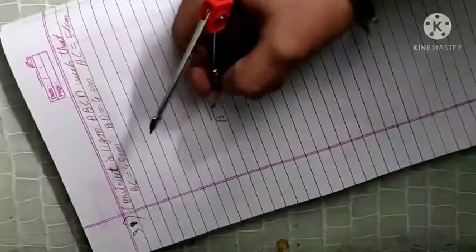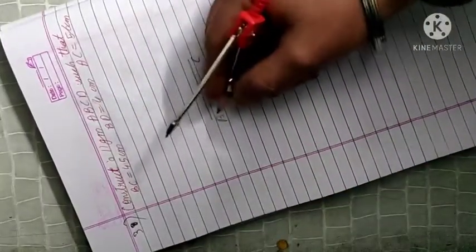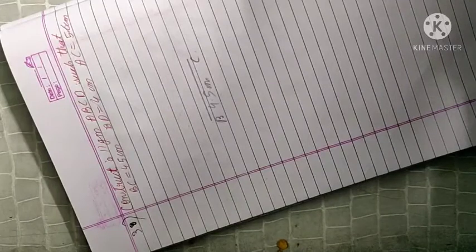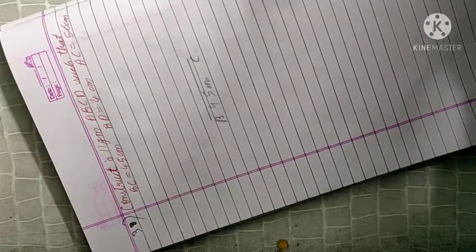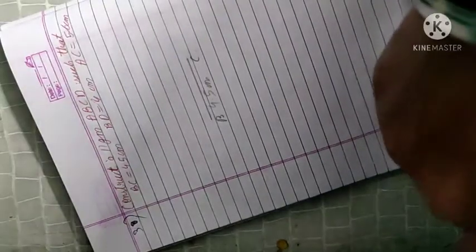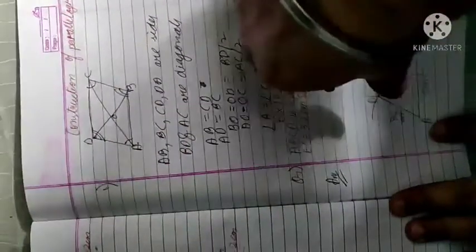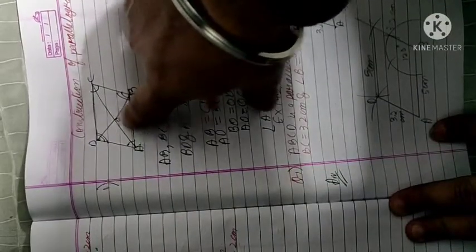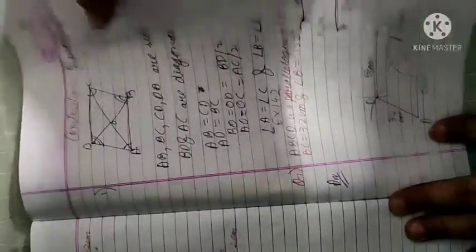This is BC, 4.5 centimeters. BC is 4.5, so the side in front of BC, that is AD, will also be 4.5. Okay, now we have said that BD is 4 centimeters. BD is the diagonal, and AC is also a diagonal. I have told you before that here the diagonals bisect each other at point O. Okay, this is the point of intersection of the diagonals, so we will take half of each diagonal.